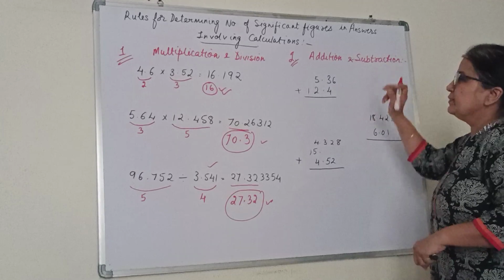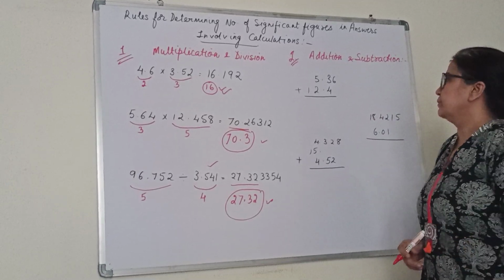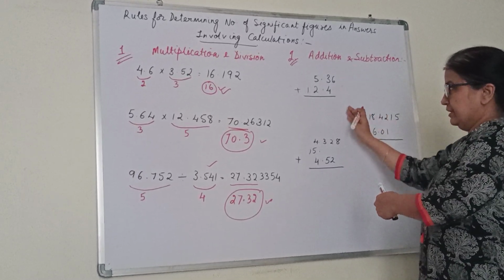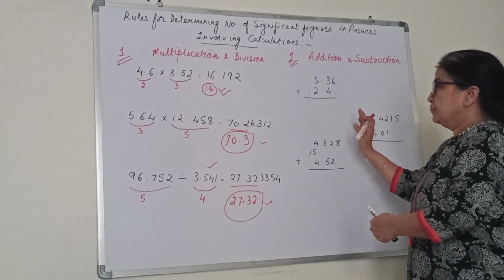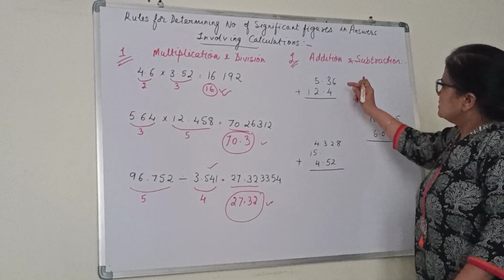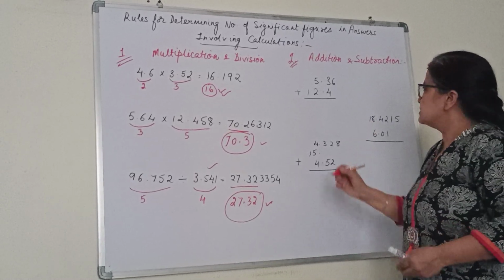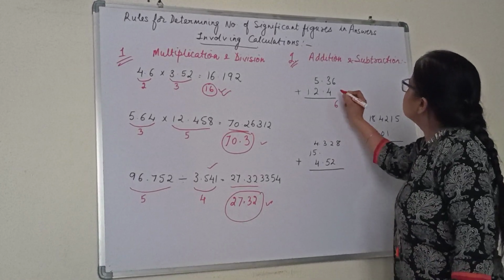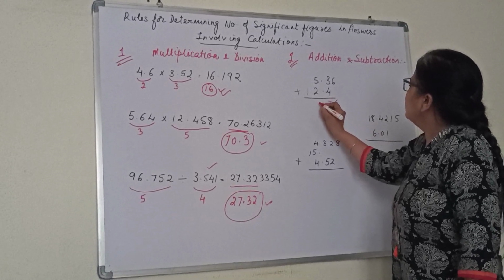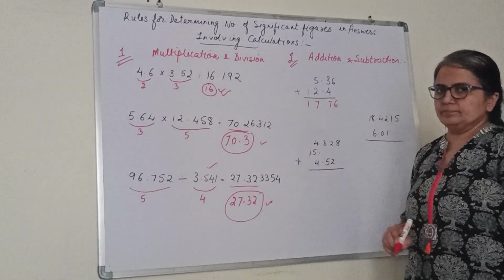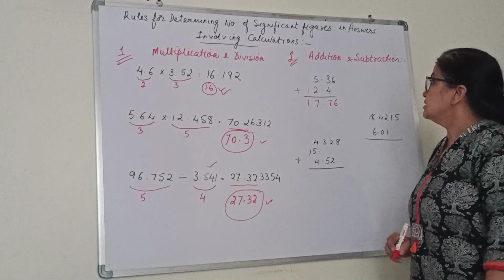For addition and subtraction, now the rule is a little different. You must have noticed I have written like this. The purpose of writing I will explain. Suppose you have to add these two numbers. Let me write the numbers first. By adding, I have this as 6, this as 7, this as 7, this as 1. How do I represent the answer now?